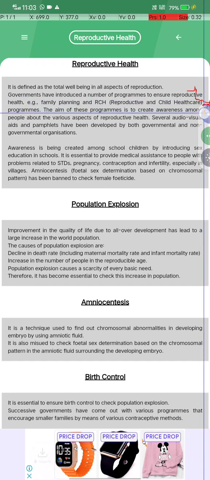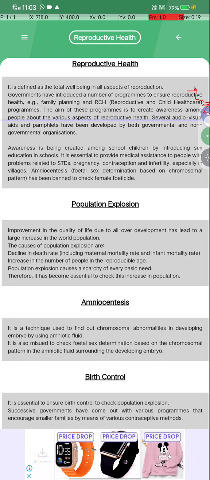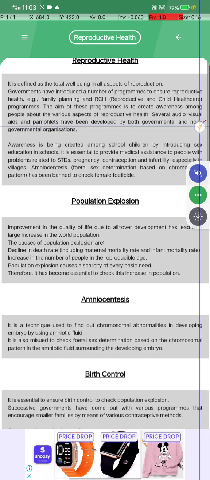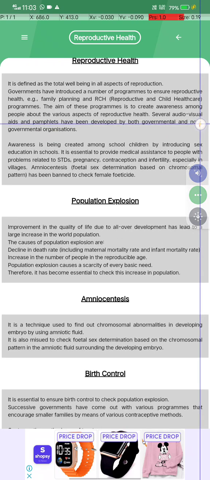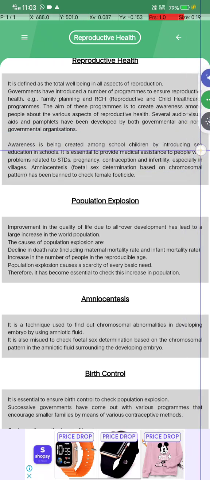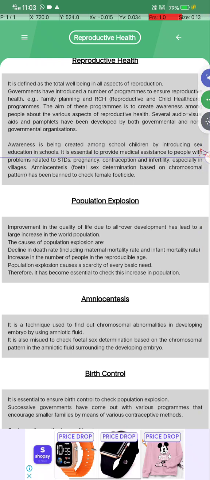The aim of these programs is to create awareness among the people about the various aspects of reproductive health. Several audio and visual aids and pamphlets have been developed by both governmental and non-governmental organizations. Awareness is being created among school children by introducing sex education in school, and it is essential to provide medical assistance to people with problems related to STDs, pregnancy, contraception and fertility, especially in villages. Amniocentesis, fetal sex determination based on the chromosomal pattern, has been banned to check